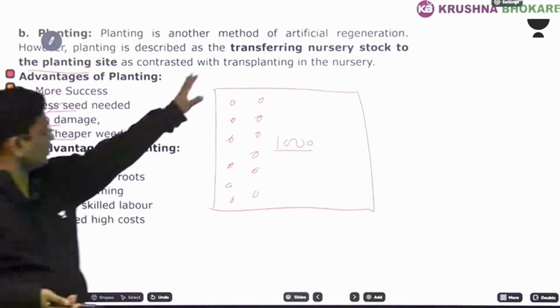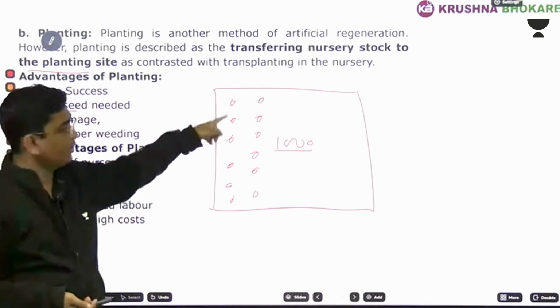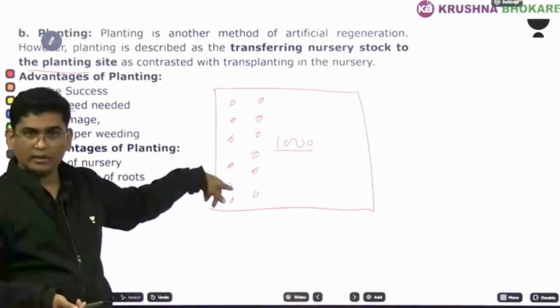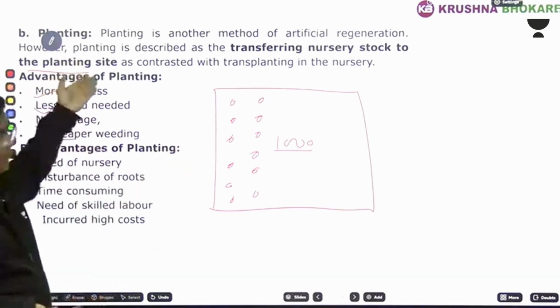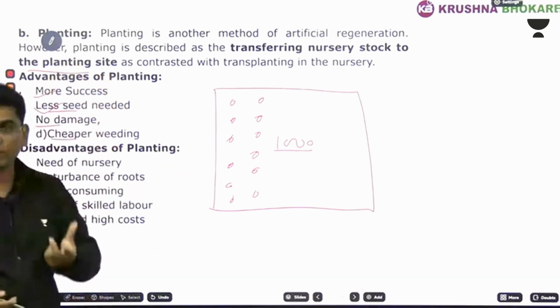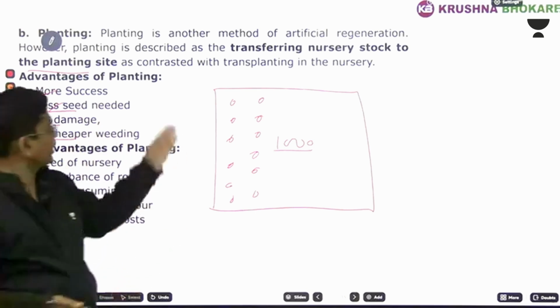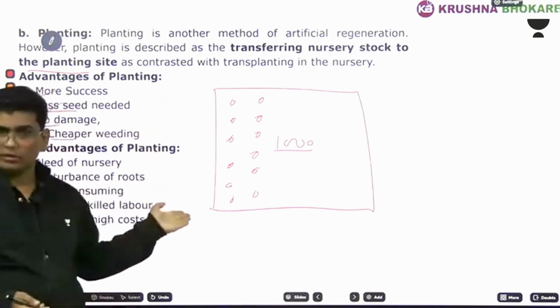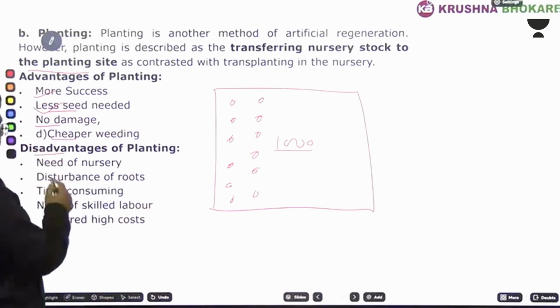In case of seeds, when the plants are very small, you have to do weeding everywhere to help your major crop. But in case of planting, you are only placing your established plant, so that will already suppress the weed, because it might be 1 year old, 6 months old. Okay, like that. What are the disadvantages of planting?